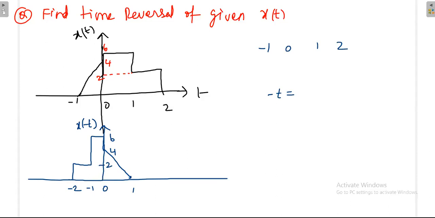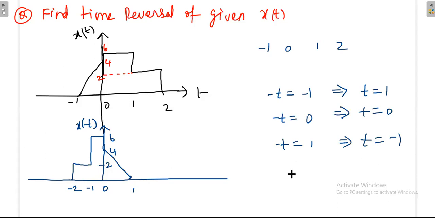Then what is the answer you are getting? When minus t is equal to -1, then definitely t is equal to 1. When minus t is equal to 0, t is equal to 0. When minus t is equal to 1, t is equal to -1. When minus t is equal to 2, t is equal to -2. That means, in the original diagram, whatever value you had at -1,